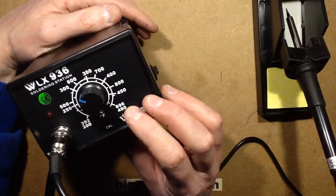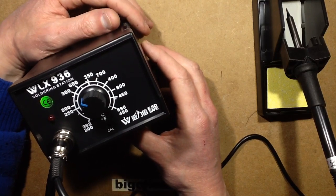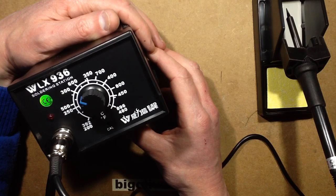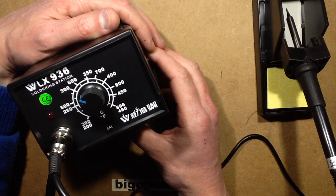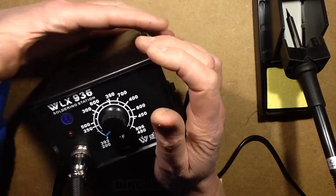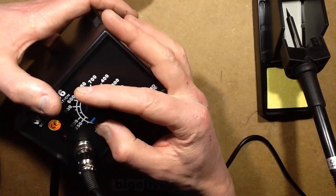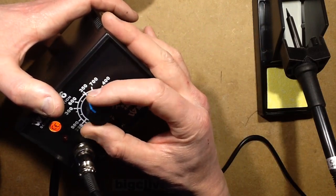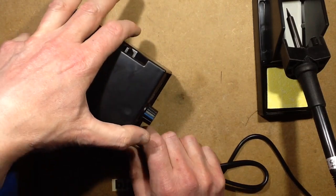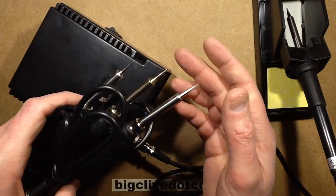But I managed to miscalibrate it quite badly, and the whole tip of the iron was glowing red hot, just that dull cherry red, and then I burnt out the element, and that was like, oh god. So really the way I'd recommend it, if you don't have the proper thermocouple system for measuring it, is start low and just nudge it up until you get to the good temperature, but don't go by the scale on these. I have a feeling that you can buy the irons quite cheaply on eBay, I'll cover that shortly,